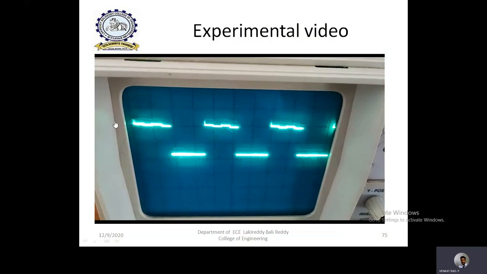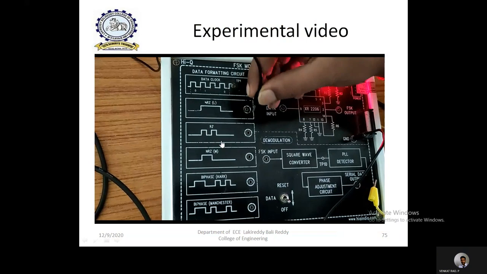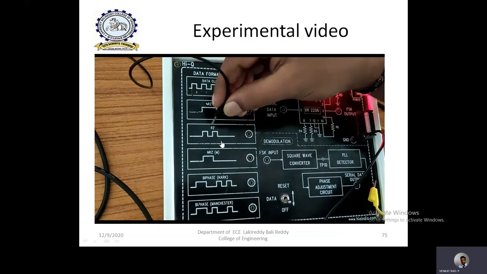Observe the pulse waveform which is generated, having high pulses and low pulses. Now it's time to observe the bit sequence: how many ones and how many zeros are there here. To observe that, you definitely need to compare this input data pulse with the clock signal. So now let us compare. Make this CRO probe in dual mode.